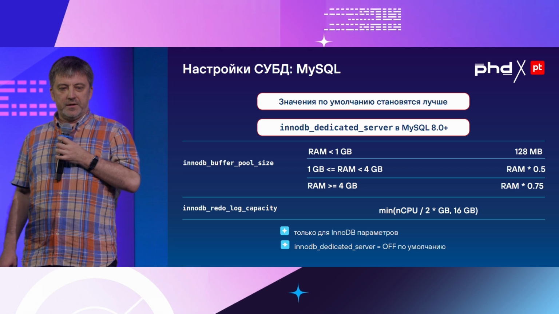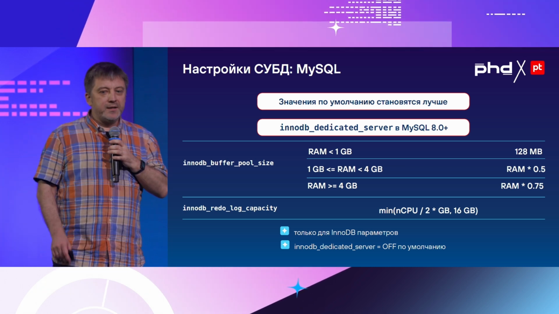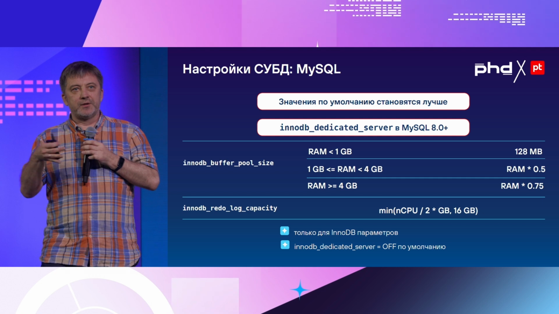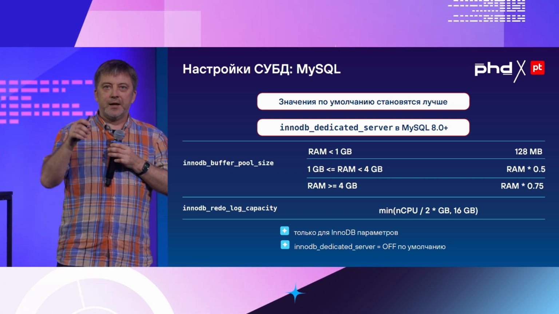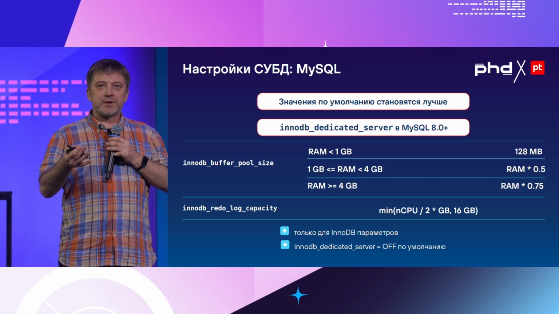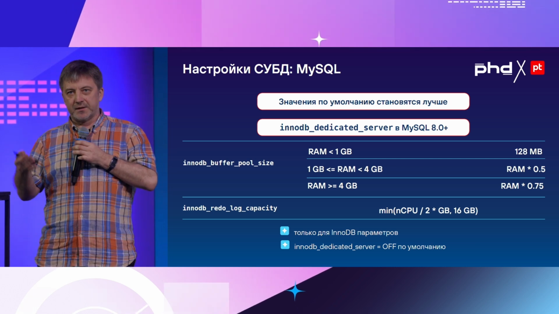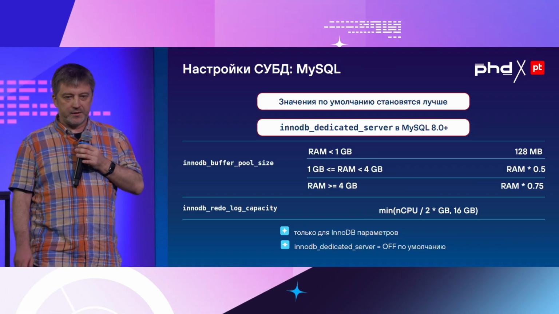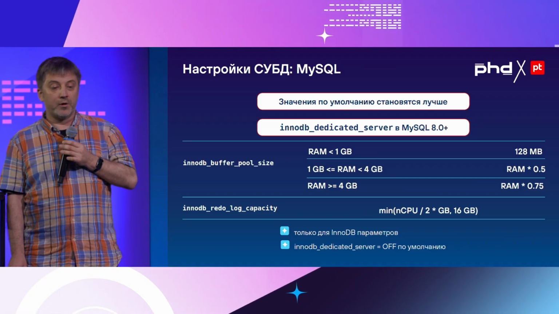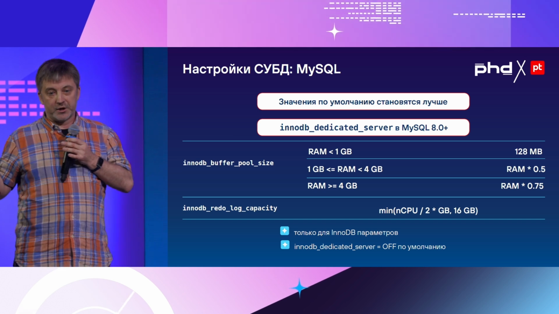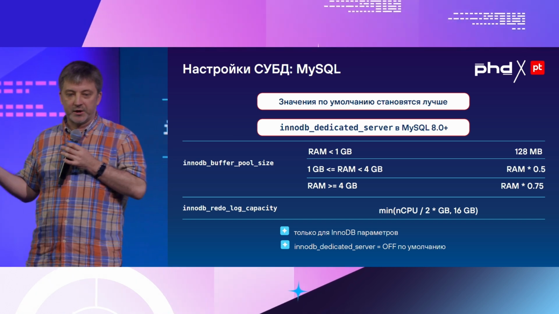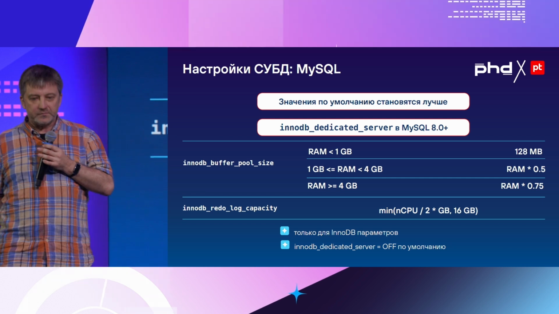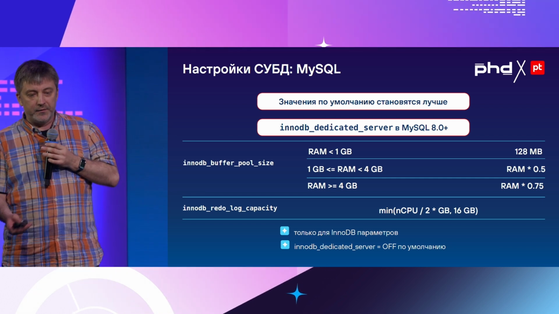You can't say that nothing at all is being done there. MySQL is getting better and better. More than that, they often become such that the number of threads is not hard-coded by default, but it changes dynamically depending on the number of available cores in the system. So there are steps towards auto-setup in case those values are not specified explicitly. So in the recent version, for instance, you got this exciting option that adjusts the cache size depending on the size of the available memory. It's also a very good thing.